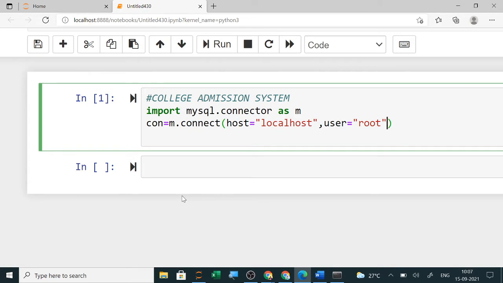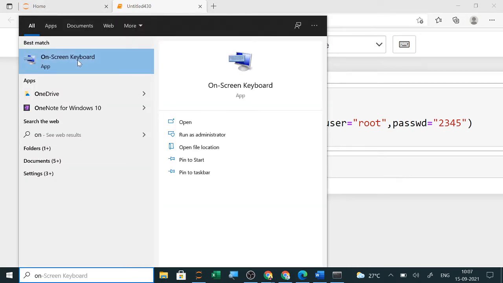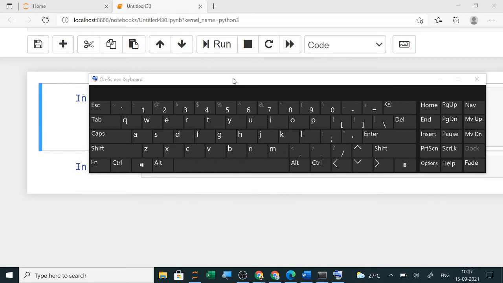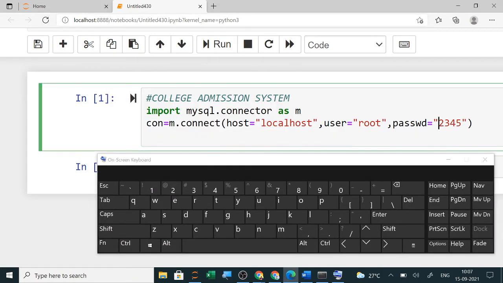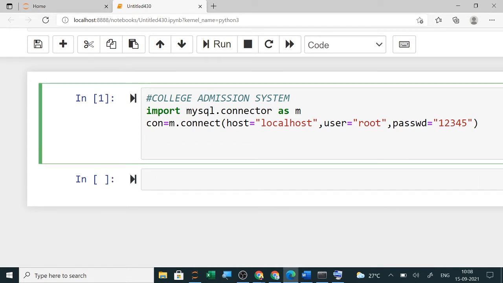The spelling of password is PASSWD. So here password will be, now this you have to give your own password. I am giving my MySQL password. So this, I have done the connection.